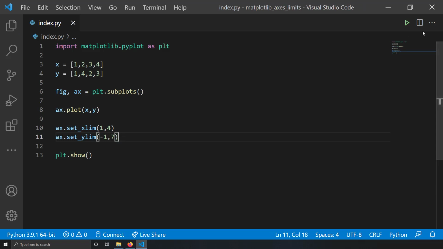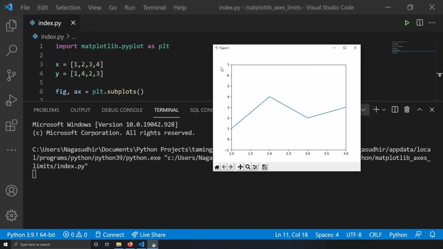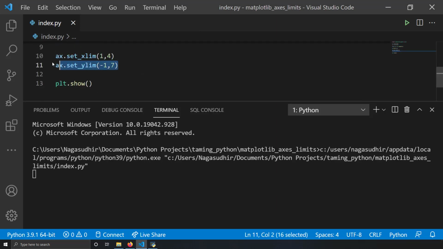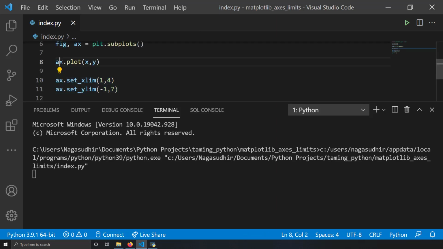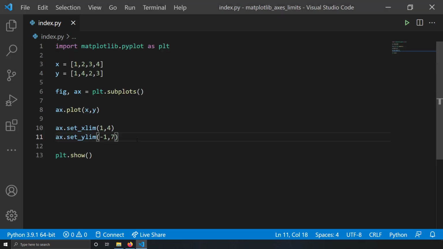I'm going to save it and run it now. Now the range of x and y axis has been explicitly set by us instead of the automatic range set by matplotlib. You just have to use set_xlim and set_ylim on the axis handle using which you have plotted this data. That's it guys. Then you have control over how to set the x and y axis ranges of a matplotlib plot. So basically the summary is: use ax.set_xlim and ax.set_ylim to explicitly set the visible ranges of the x and y axis of a matplotlib plot.